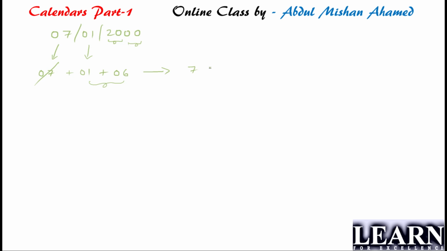Guys, look here. Whenever you get any day in a leap year and before February 29, you have to subtract 1 from the total coding. So if this is 7, I need to subtract 1 from it. So what is the code now? Now the code is 6. Now what is the day, guys? Sunday is 1, Monday is 2, Tuesday is 3, Wednesday is 4, Thursday is 5 and Friday is 6. You should not take it as Saturday. The day will be Friday, since it is before February 29 in a leap year, you have to subtract 1.